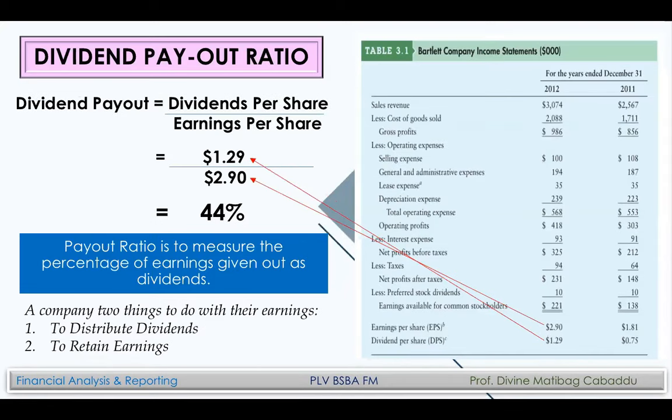Now, next, dividend payout naman, from the total earnings per share, which is $2.90, ilan dito ang na-distribute na sa mga shareholders or dividends per share. So, it measures the percentage of earnings given out as dividends. There are two things that a company can do with its retained earnings. Pwede niyang gamitin yung retained earnings to distribute dividends, or retain that earnings for other objectives of the company like expansion, to buy another business, to reinvest in the business, or to take a more profitable